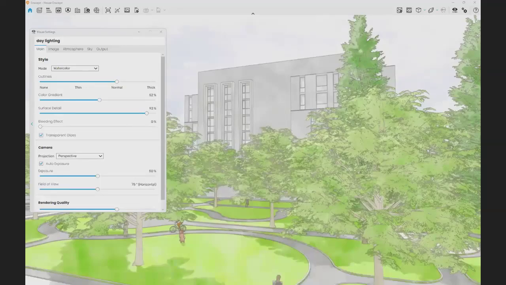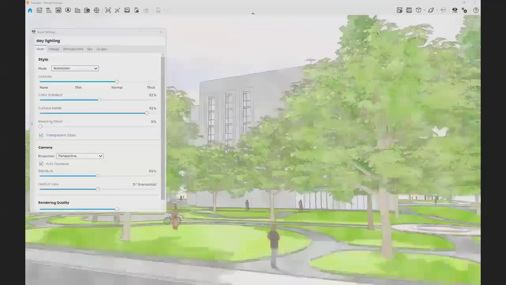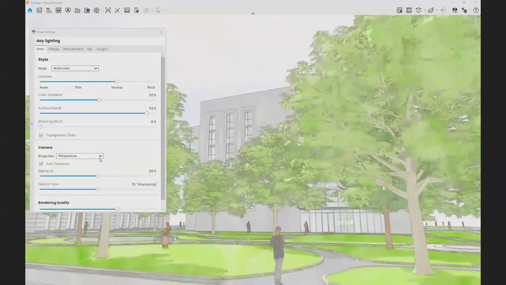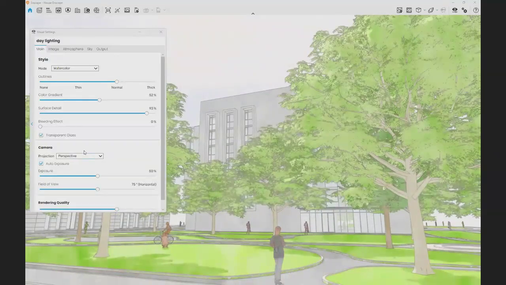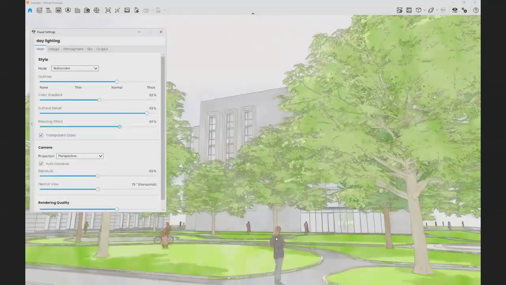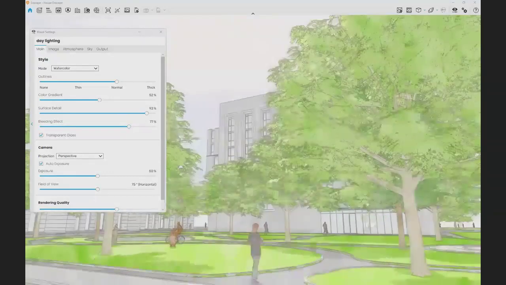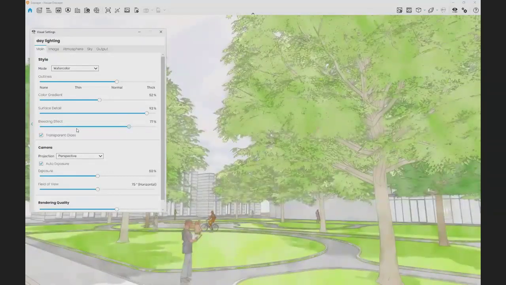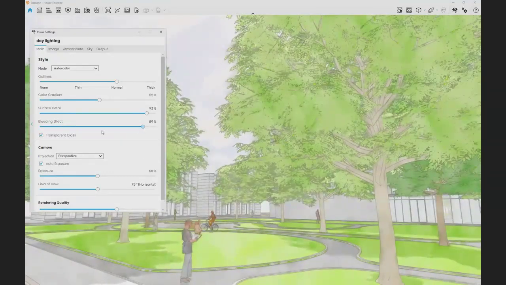We can have the bleeding effect, because you know how in the watercolor we have something like mixed colors from the water itself. This is a very typical effect for the watercolor, so we can control it from the slider of the bleeding itself. The effect is not very strong.